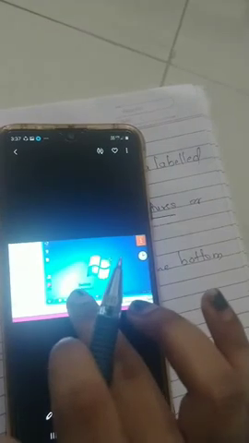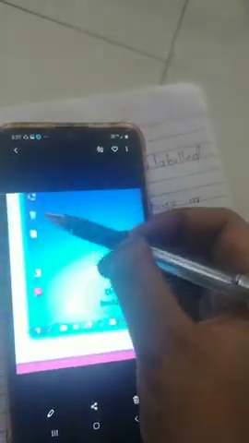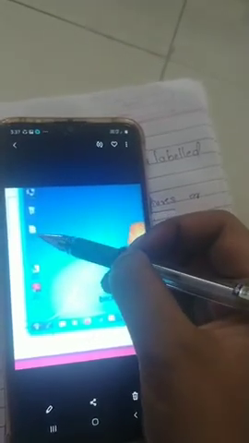These are all icons. When you switch on the computer, the first screen that appears is the desktop, and the small labeled pictures or symbols on it are known as icons.